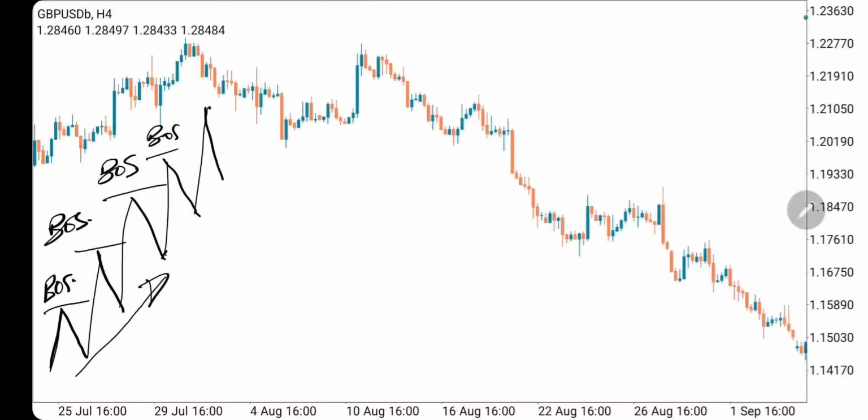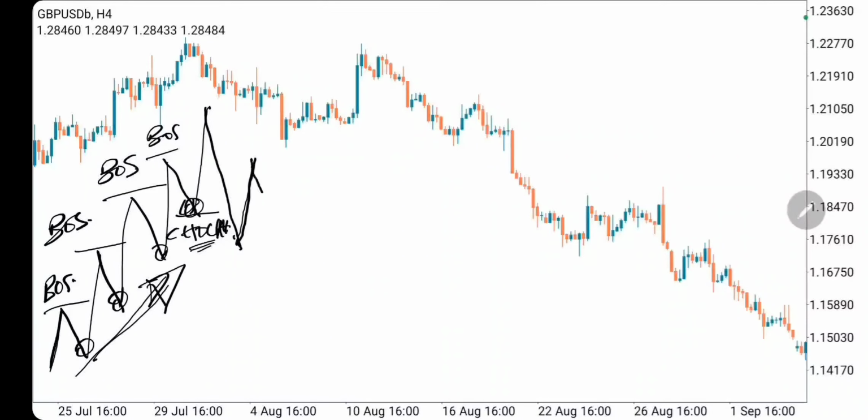Now, when there's a low broken, like you see now, no low was broken here. The market is continuing. Each retracement does not break a previous low. But when a retracement breaks a previous low, we have what is called the change of character. This singular action signifies that this bullish trend is about to change from bullish to bearish. So when this retracement breaks a low, that is a change of character that has just occurred. And when that occurs, you now have the market reverse.